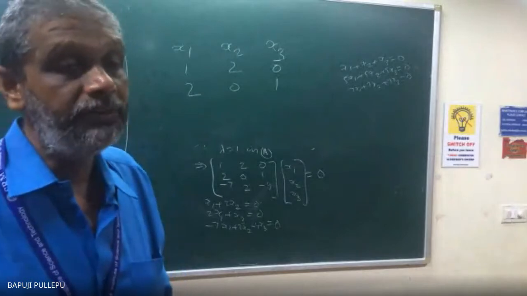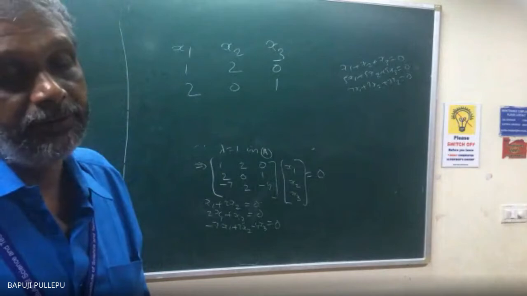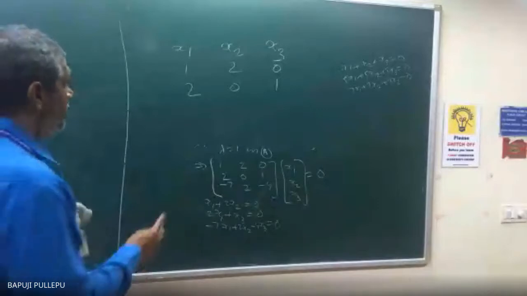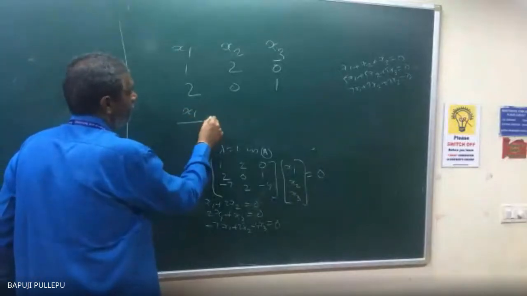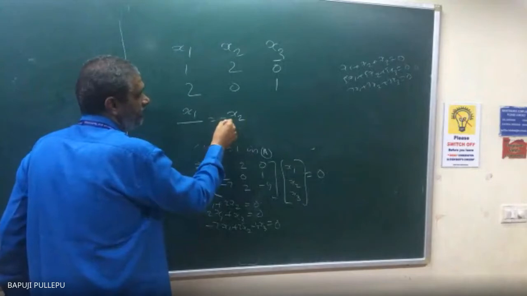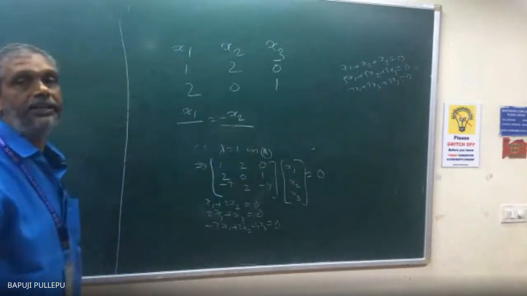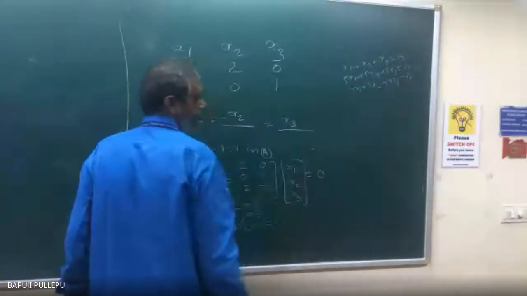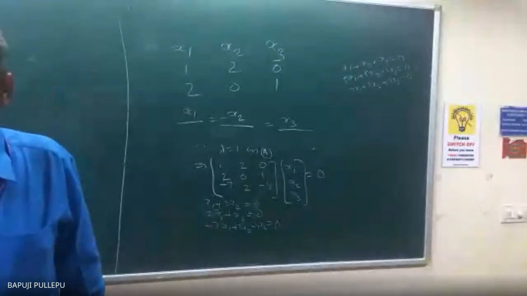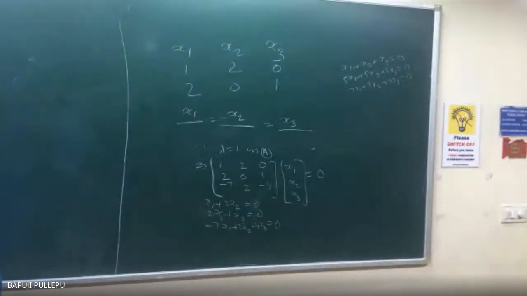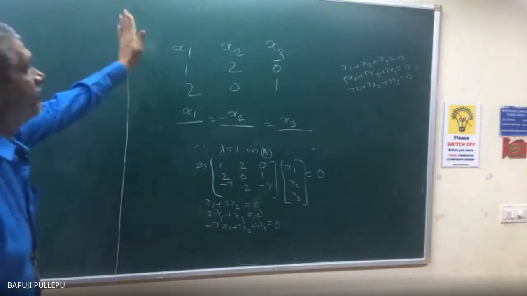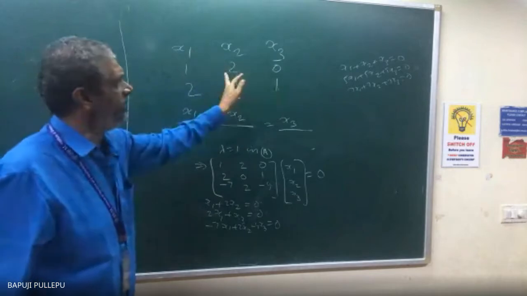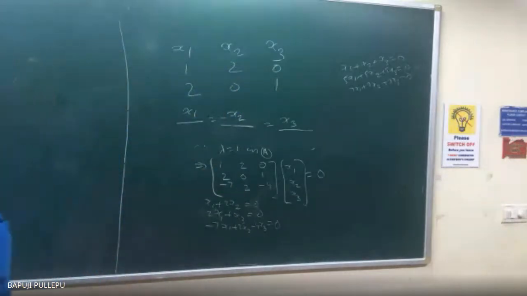If the three fellows are different, I will take any two equations. Coefficients you can write. Now you can write x1 by minus x2 by, this is very, very important. For the second you can do minus x2. Then x3 by x1 means what you will do? Leave this x1 fellow. Now what will you get? AD minus BC. What is the answer? Tell me.